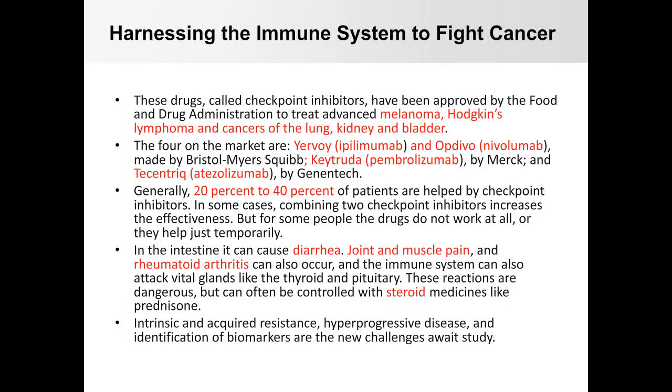Today, this type of immunotherapy has achieved tremendous improvement, focused mostly on melanoma, Hodgkin's lymphoma, lung cancer, kidney cancer, and bladder cancer. There are 4 drugs that have been approved by the FDA and are currently available, and another 5 drugs are under clinical trial right now, all targeting the PD-L1 and PD-1 signaling axis.